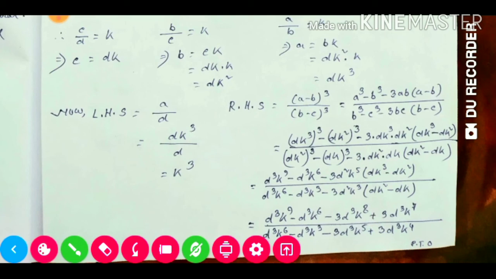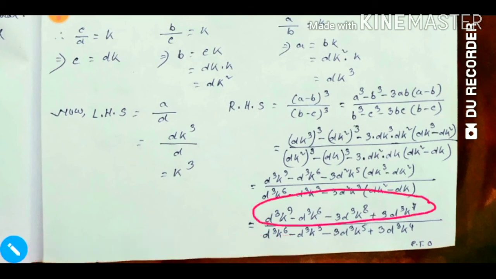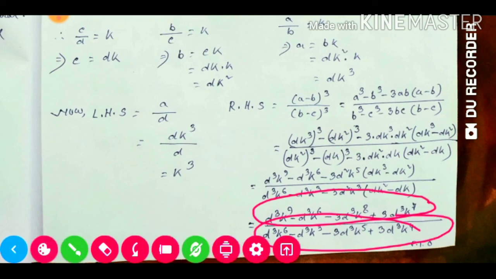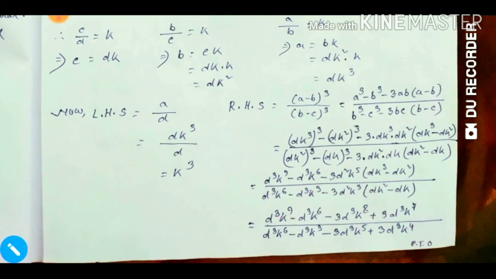Now see, from this group top one is numerator, down one is denominator. From numerator and denominator, what we are able to take common? See here it is dq, here also dq is there, here also dq, here also dq. So dq is common in all these 4 terms. So we are able to take dq common, and another thing that is common: here k9, here k6, it is k8, it is k7, so smallest is 6, so k6 we are